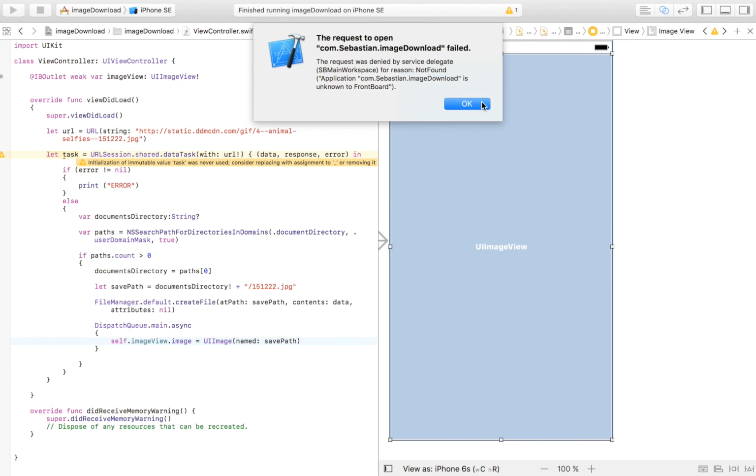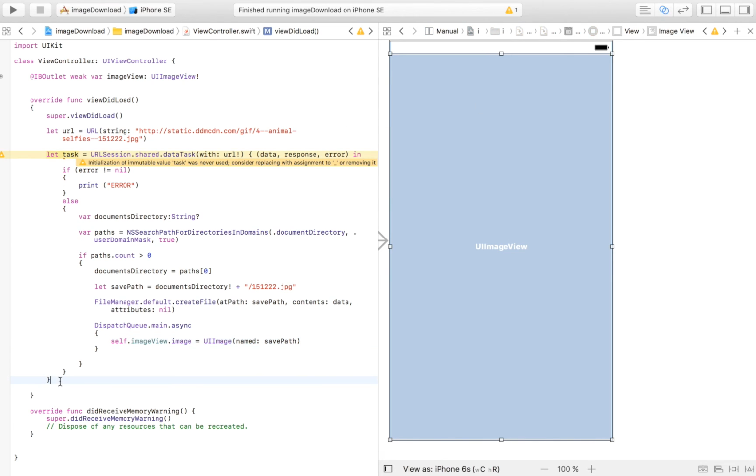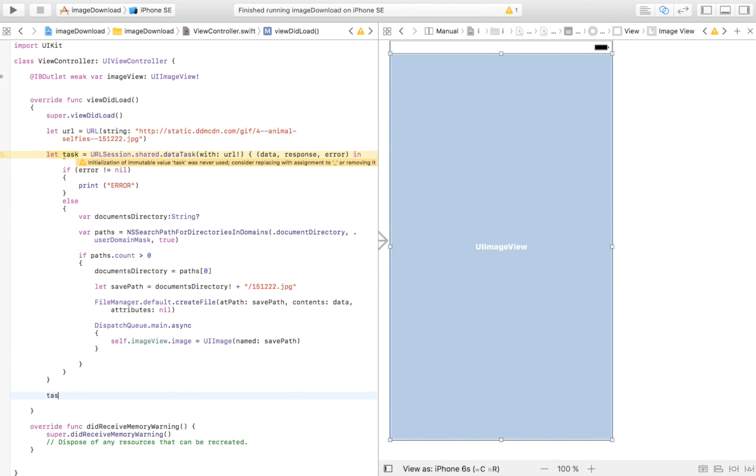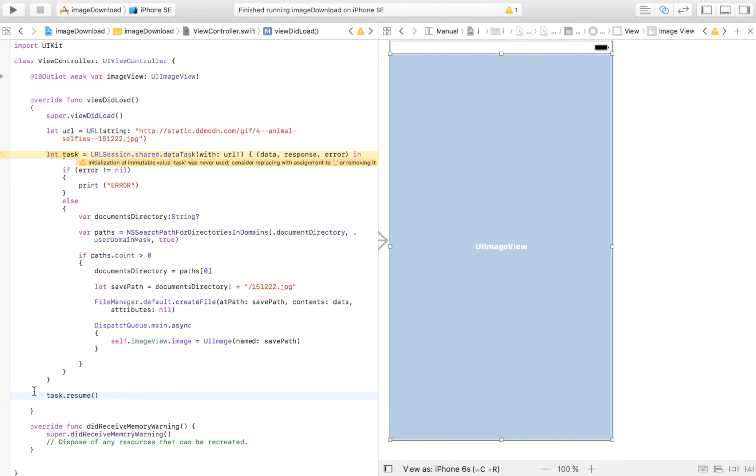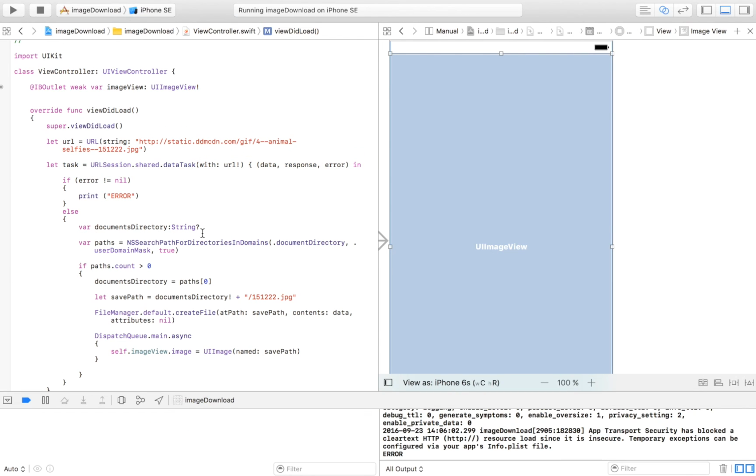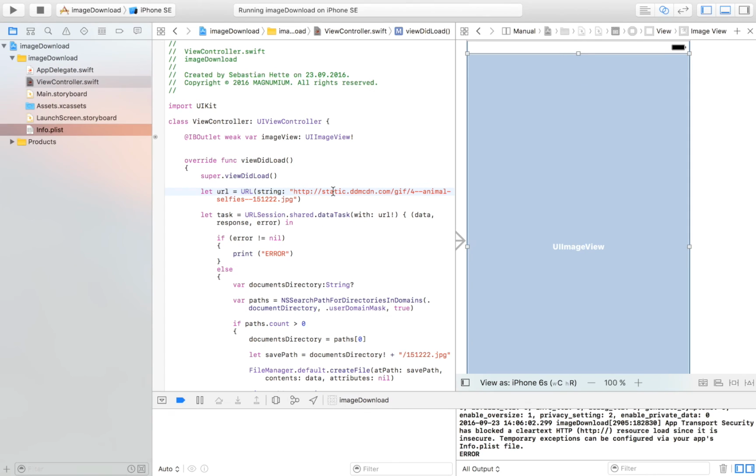Okay, so we got an error, and I think I know the problem. We have to run the task. Now, that's not something you want to forget. So here, task.resume, which is just going to run the task itself. And there's one more thing that I forgot to add, and that is because we're using HTTP instead of HTTPS. If you used an address that started with this, everything would be fine, but we start with HTTP, which means that we have to give the app allowance to open this, because